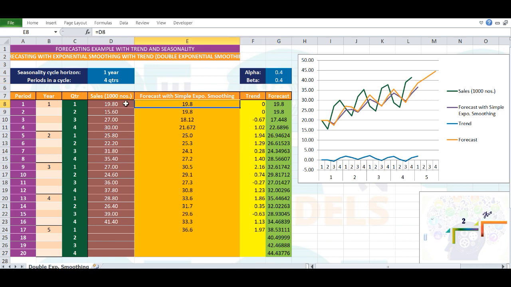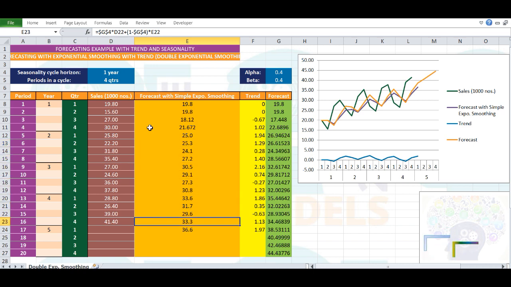The forecast for the first time period is same as the demand for the first time period. For the second period onwards, the forecasted values are calculated using both alpha and beta. Note that these randomly selected values of alpha and beta may not be the most optimal values. For choosing the optimal values, one should choose either one of the 2 forecast error metrics, viz. RMSE, root mean square error, or MAPE, mean absolute percentage error, and determine the best fit statistical forecasting method that